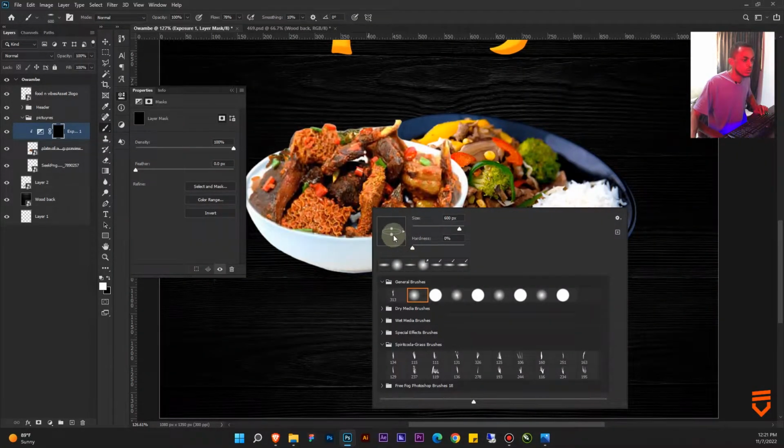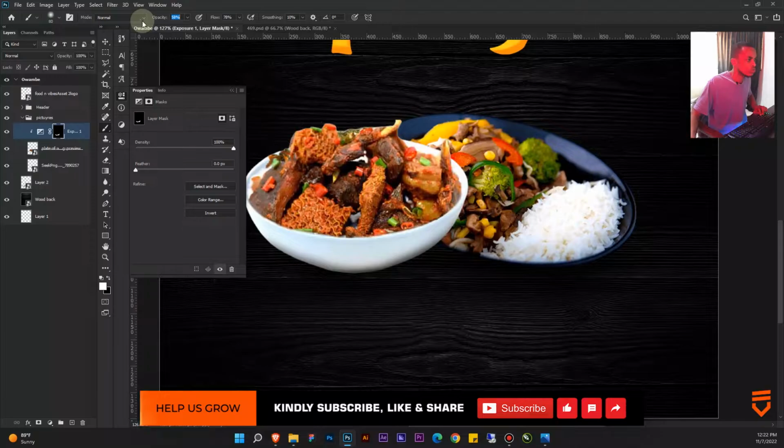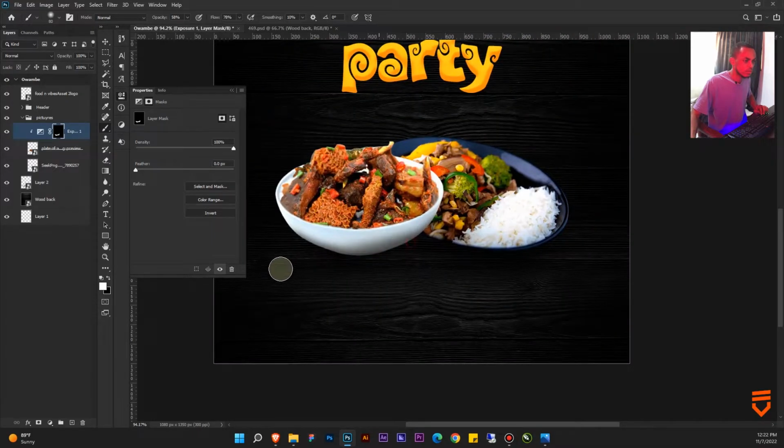So we'll adjust our brush back to the original settings. Increase it a little bit. Then we'll paint. We'll make sure our foreground color is on white. We just paint softly. Let's reduce this. We'll paint softly. Can you see? Just to create some form of shadow. You can reduce the opacity a little bit. This plate is not floating, you get. So add some form of realism to it. You see that looks better automatically, it looks believable